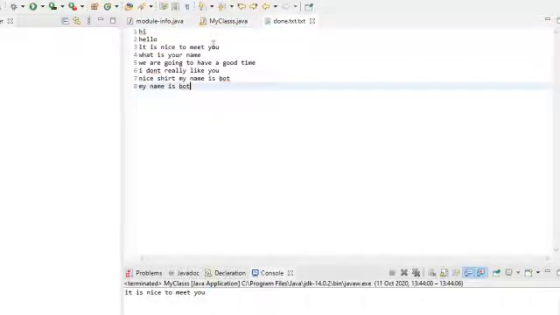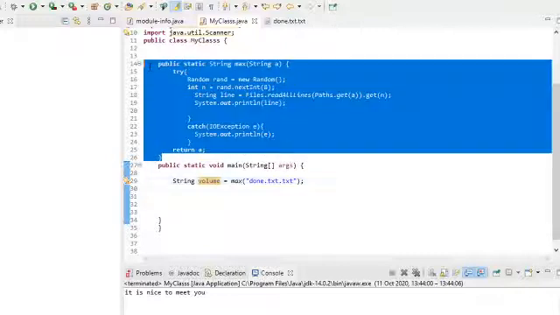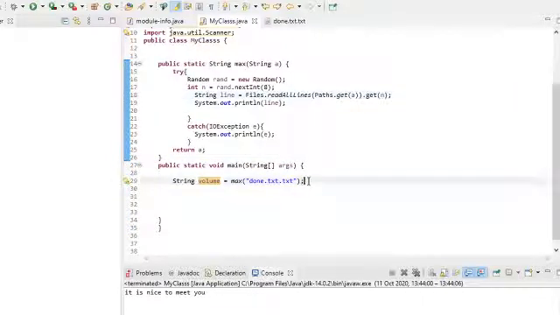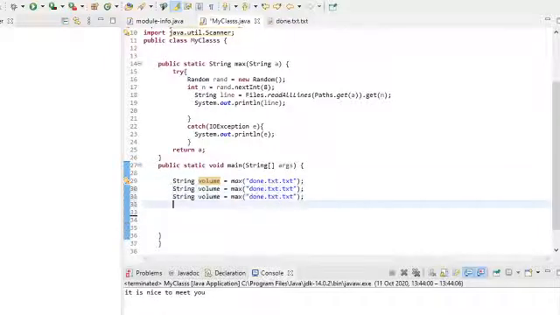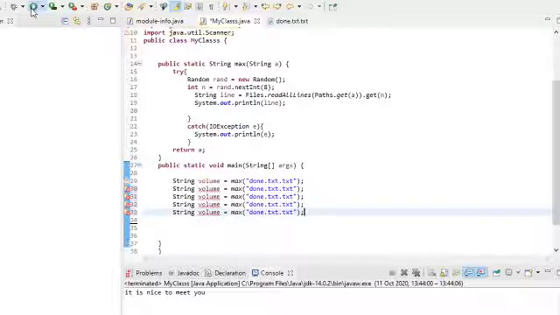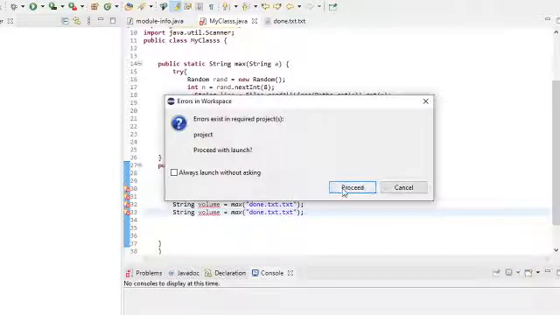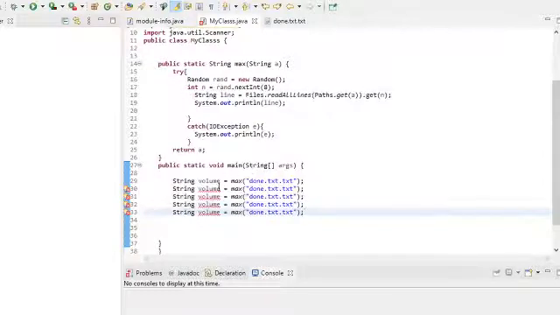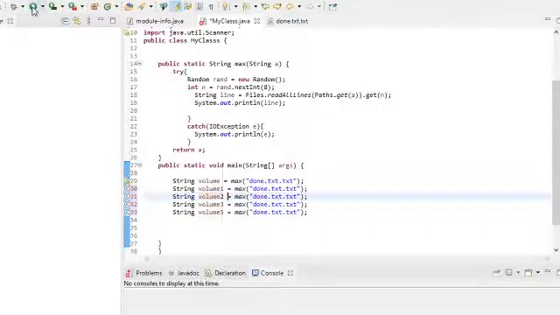So I have these. Normally if you were to do this again, you would recode all of this over and over again. But instead you can take this one line of code and theoretically do that 5 times over. And what that will do is mean that you can do this. Oh wait, we gotta change variable names. So 1, 2, no, that's useful. 3, 5, sure. And what that will do is mean that